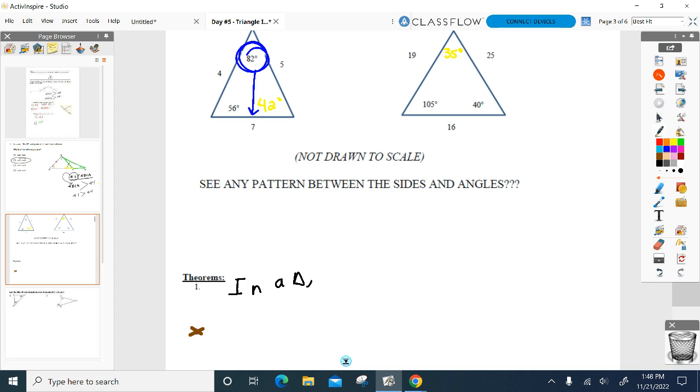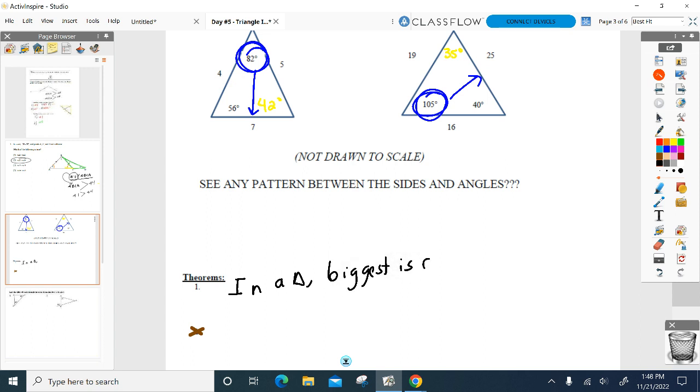What's 82 in that triangle? Largest angle, isn't it, out of the 3? And it conveniently is across from where? The largest side. Is that true over here? 105? 25? Thanks, Miles. Appreciate it. Have a good one. Isn't it 105 across from the largest side? There it is. So in a triangle, biggest side